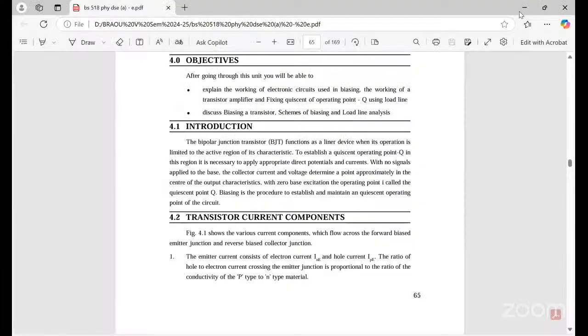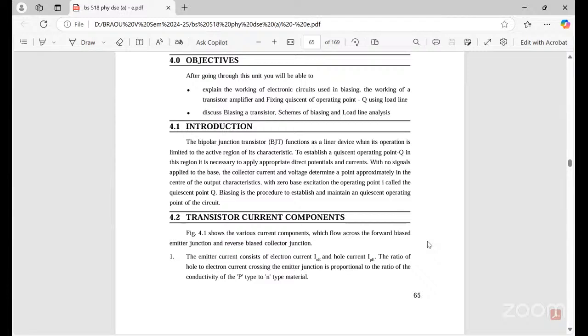Emitter base, which is in forward bias, and collector base, which is in reverse bias. That is the active region of its characteristics. So that can establish a quiescent operating point, which you can call Q. In this active region, it is necessary to apply an appropriate direct potential as well as